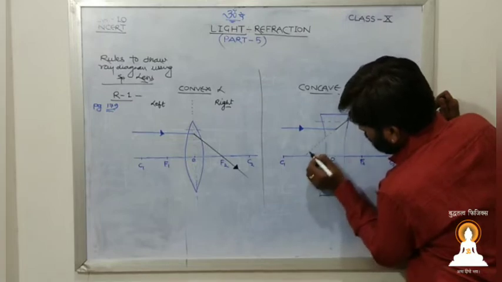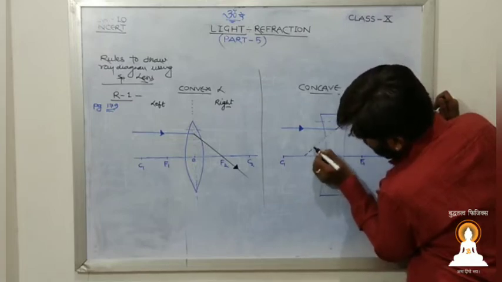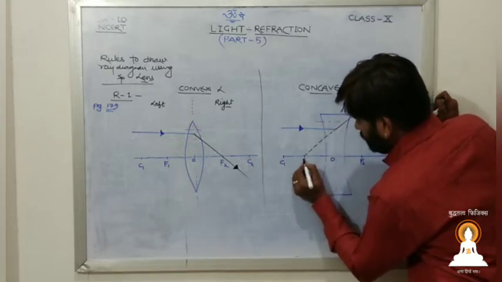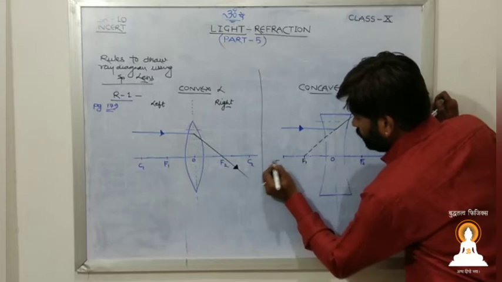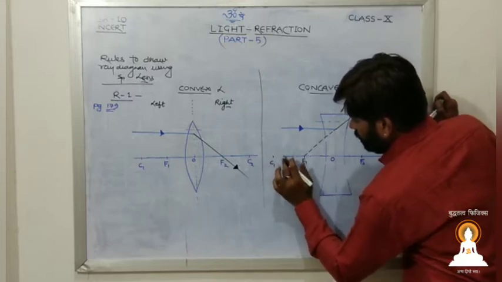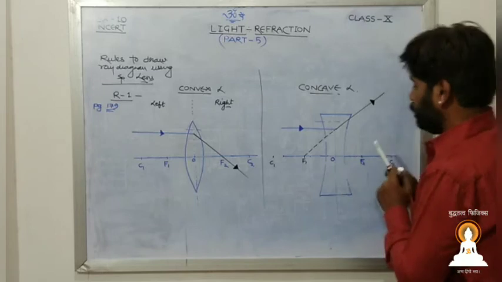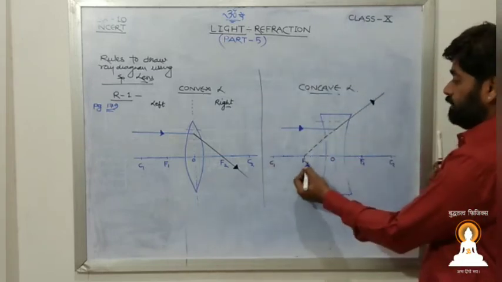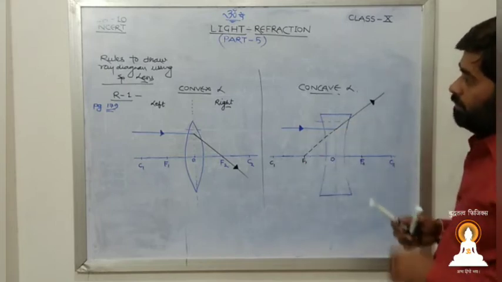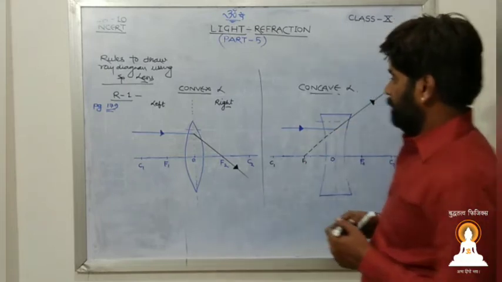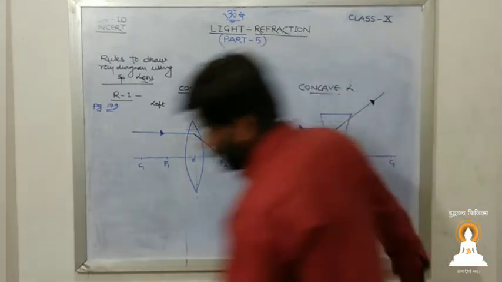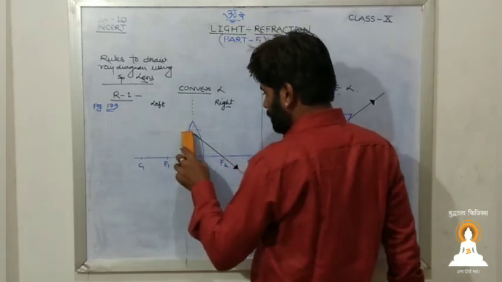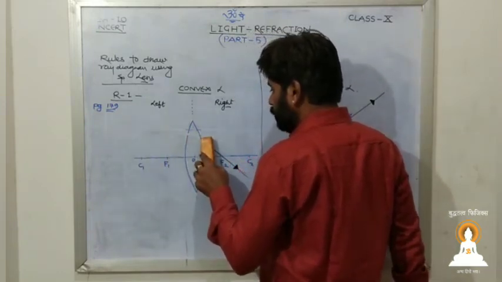See here, the distance is varying, but you should be strict about the distance. All the distances should be equal. So this is f1, and then c1 will be towards this side, so this will be c1. Accordingly you have to adjust f2 and c2, just to get the appropriate one. So this will appear to diverge. This is your rule number 1. Got it? I will draw the rest of the diagram in this particular diagram itself, but you have to draw a separate diagram.